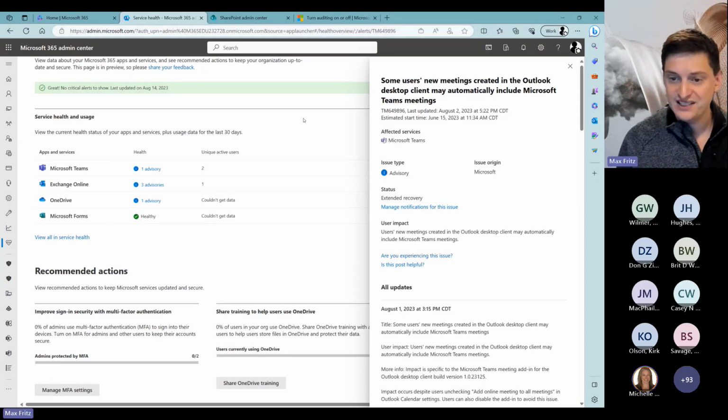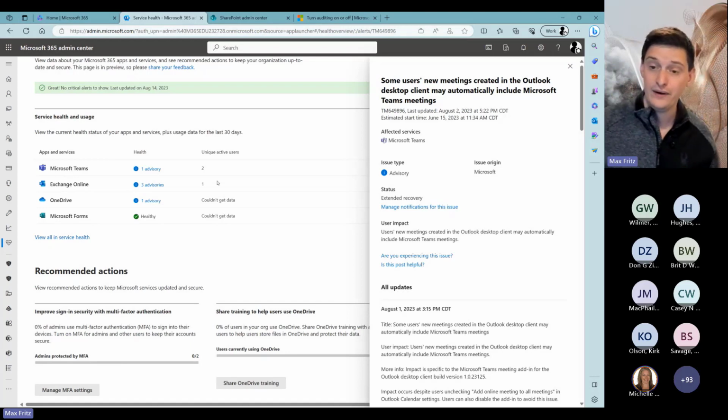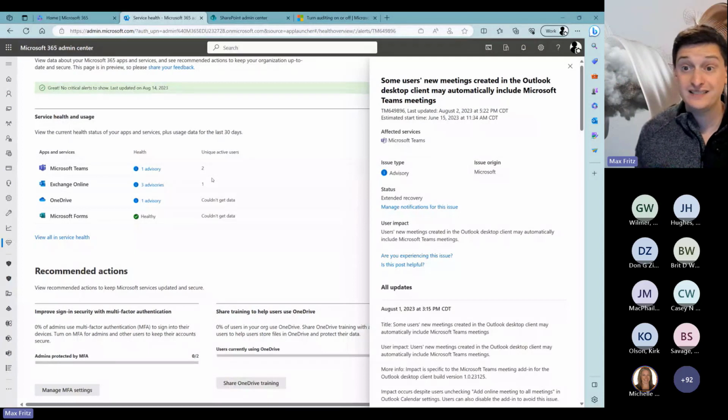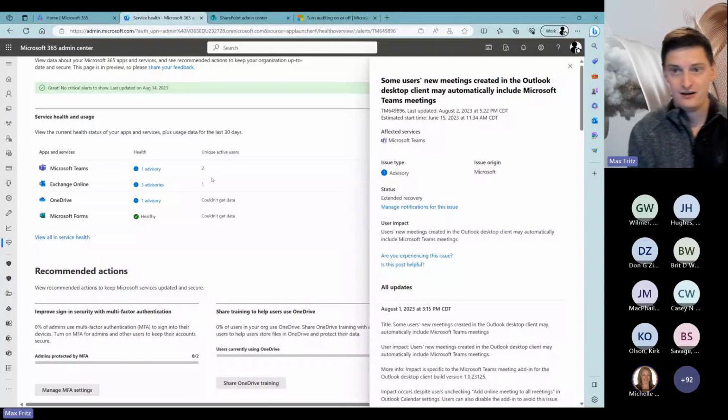We got a question from Jason in the chat. Do you have any guidance as to when you should submit a support ticket as opposed to report an issue in health? Report an issue in health is not going to result in any follow-up from Microsoft. Reporting an issue in health is just going to say, hey, this affects us. A support ticket is when you need to have direct communication with us, when you're not seeing enough information in here, it doesn't seem like it applies to you properly,